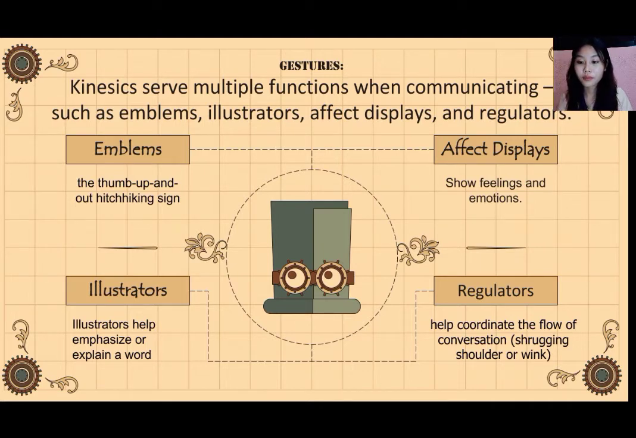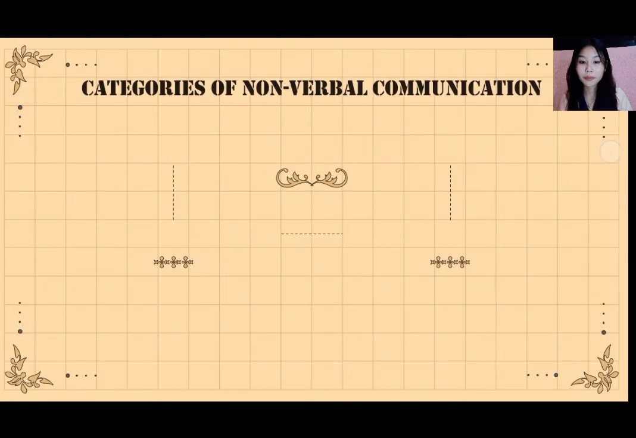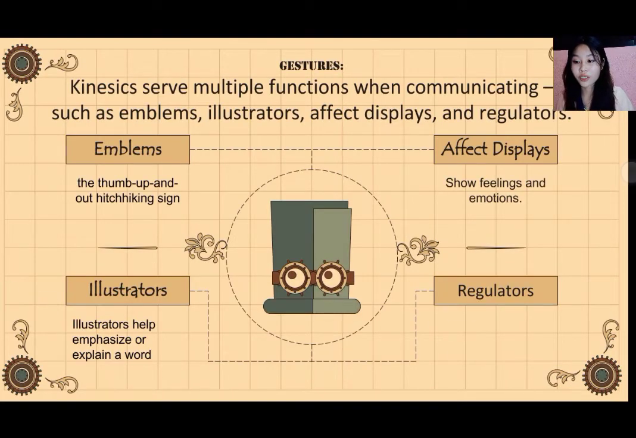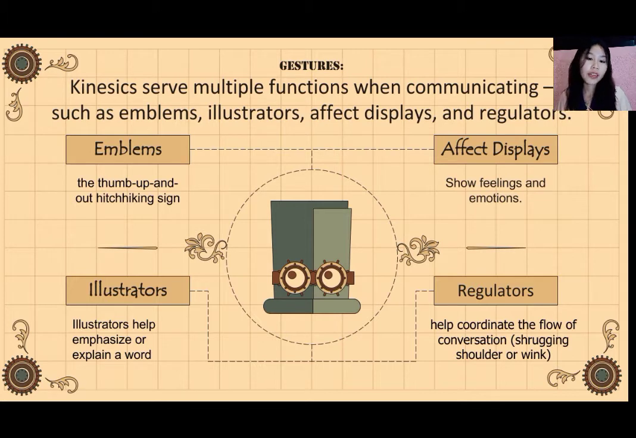Then we still have regulators. So as part of the gesture, regulators help coordinate the flow of conversation, such as shrugging a shoulder or a wink like that. So regulators are gestures that help coordinate the flow of conversation, such as when you shrug your shoulder or wink,